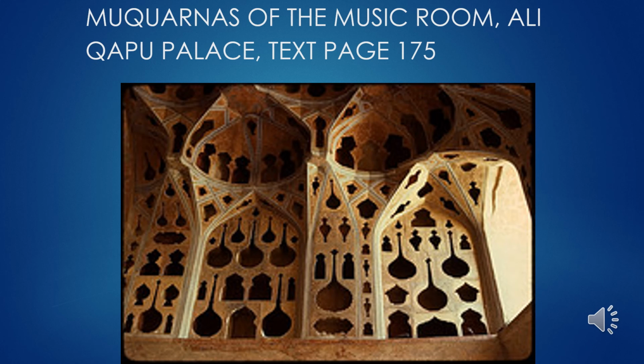Here we see the music room from the palace, and it's made from stucco, which is a term synonymous for plasterwork, but it's a type of plaster that can be molded while damp and allowed to harden and carve like wood. Because it's relatively cheap, it can be reapplied quickly. And so we'll see some elaborate stucco work coming up when we look at Hispano-Moorish design.